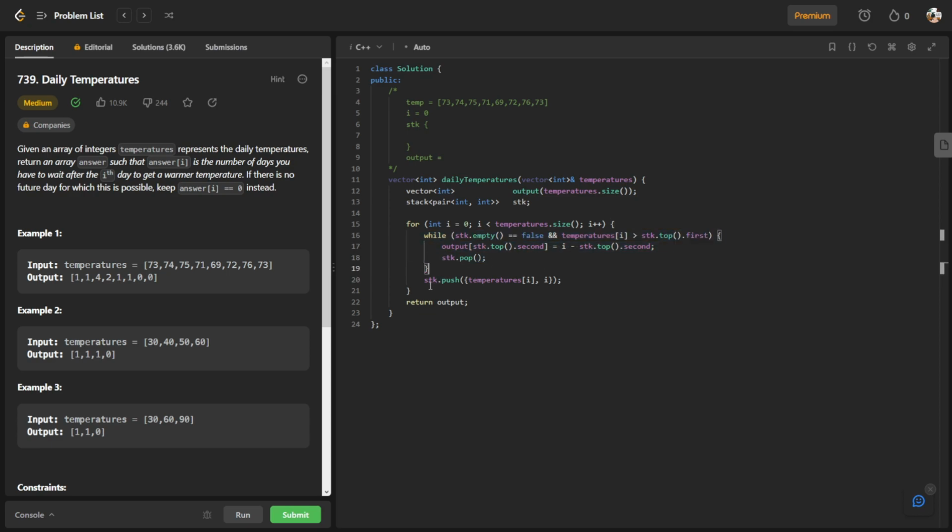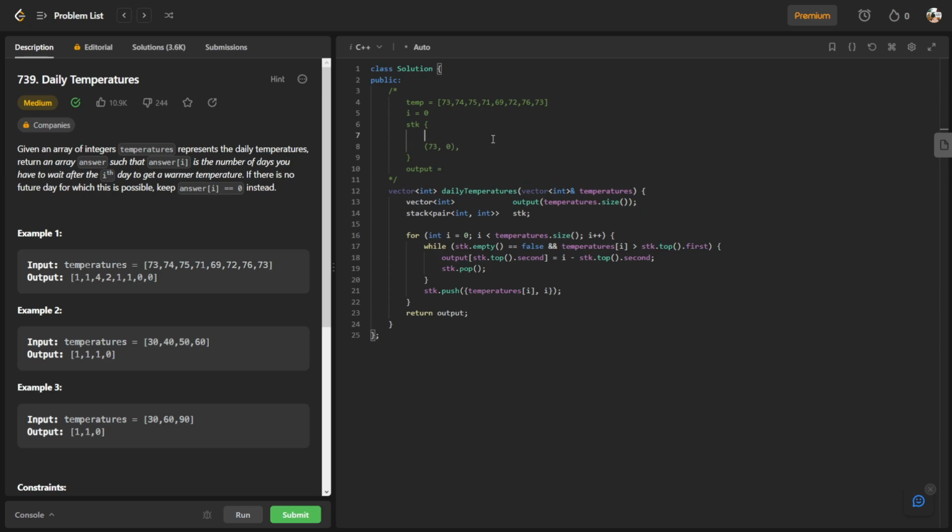But let's not talk about that first. Let's talk about the main part, which is to first push the temperature into our stack, because this while condition will only trigger if our stack is not empty. Right now our stack is empty, so we push 73